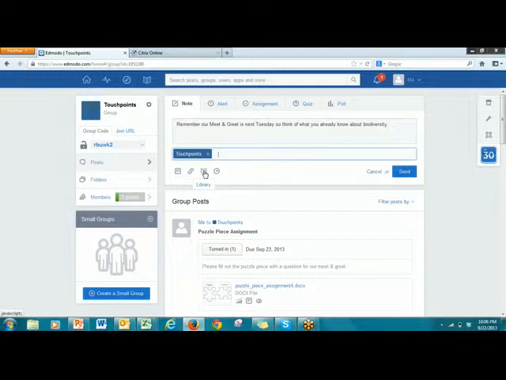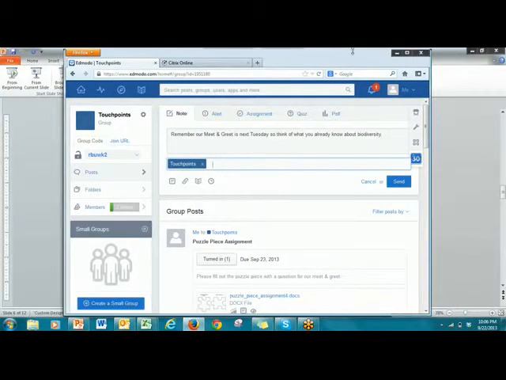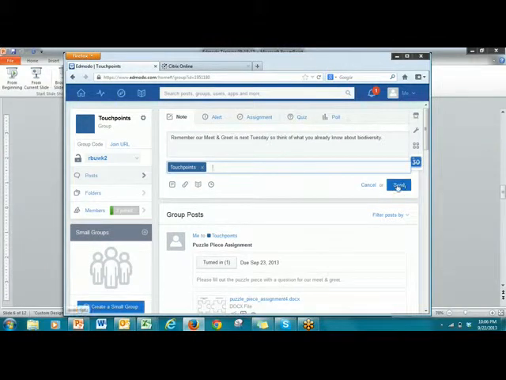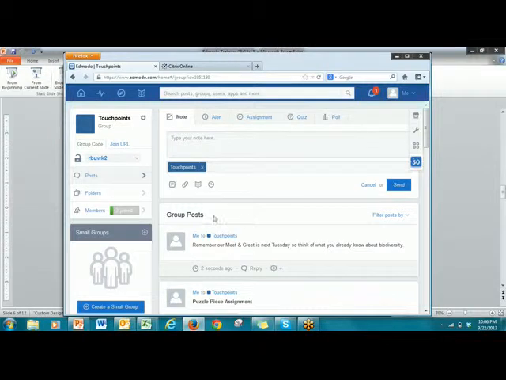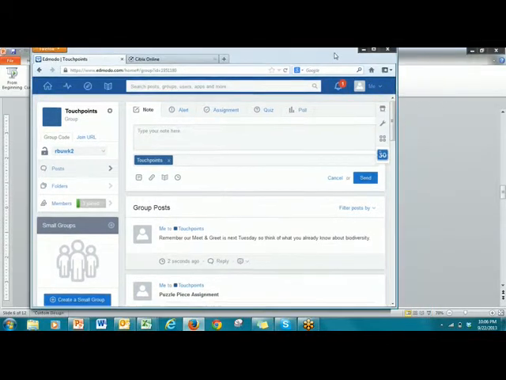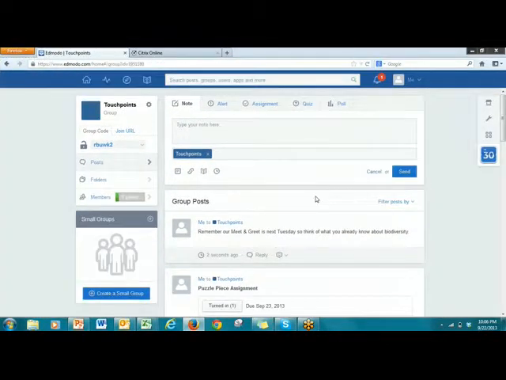If you have documents in your library, which I'll talk about here in a little bit, you can post that. And you can also schedule. So say you want to go ahead and get the message ready, but you don't want it to send until Monday morning, you can schedule it to send on Monday morning. And then you click send, and your note will post down here in the feed and will show up in your students' feed as well